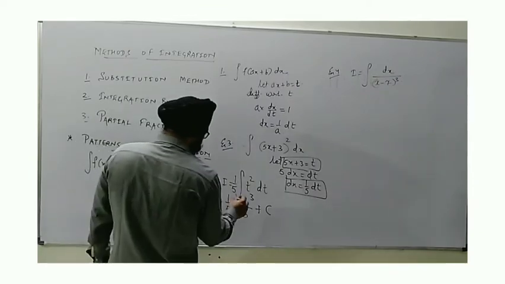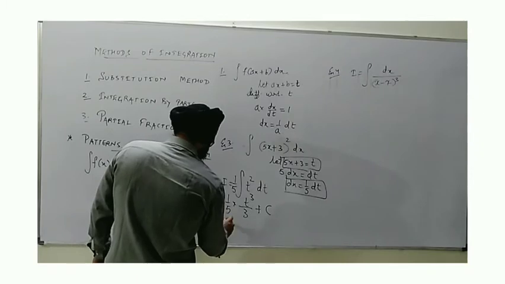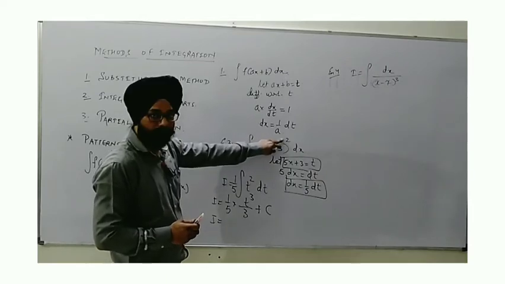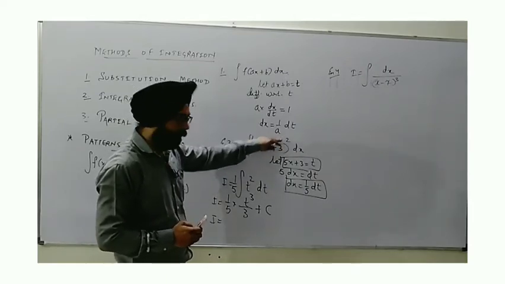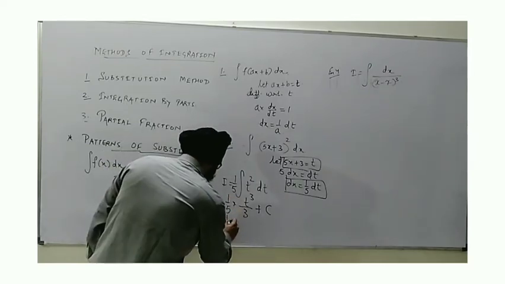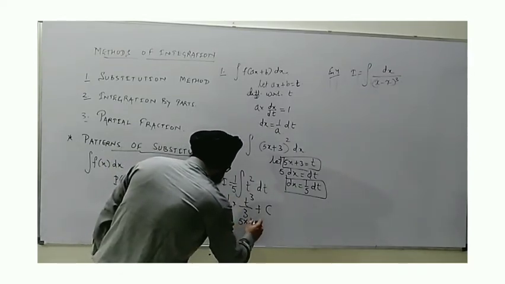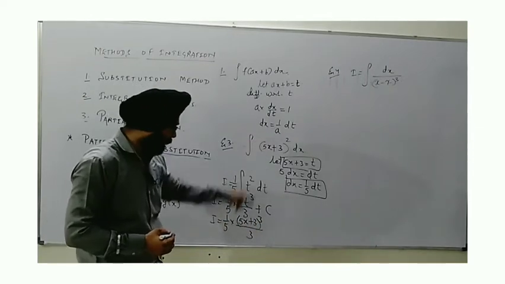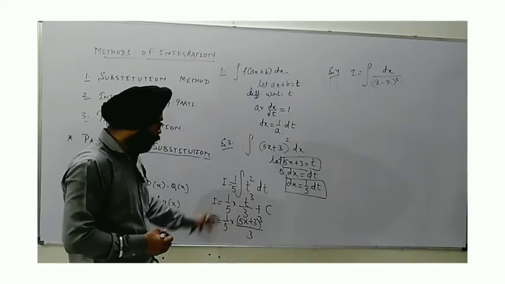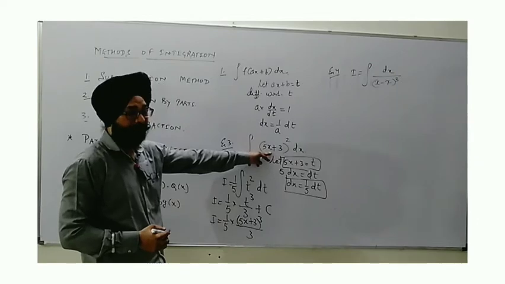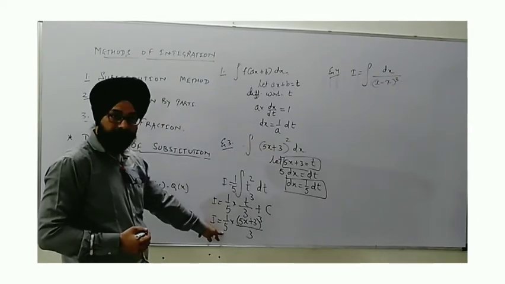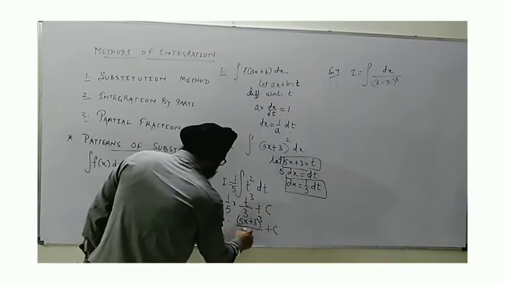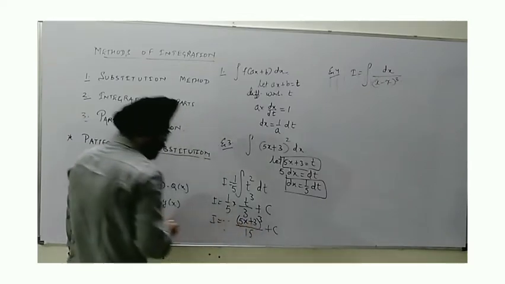Now you can see that I said the fundamental function is x to the power 2. So by rule this will become 5x plus 3 raised to the power 3. Yes, replace t by the same. We get here 5x plus 3 raised to the power 3 upon 3. Just like x to the power n we have solved, x to the power n plus 1 upon n plus 1, and also divided by the coefficient when a linear polynomial is given in place of the variable. So the coefficient of x we have seen, it's 5 in division. So this way we get 5x plus 3 whole cube by 15.